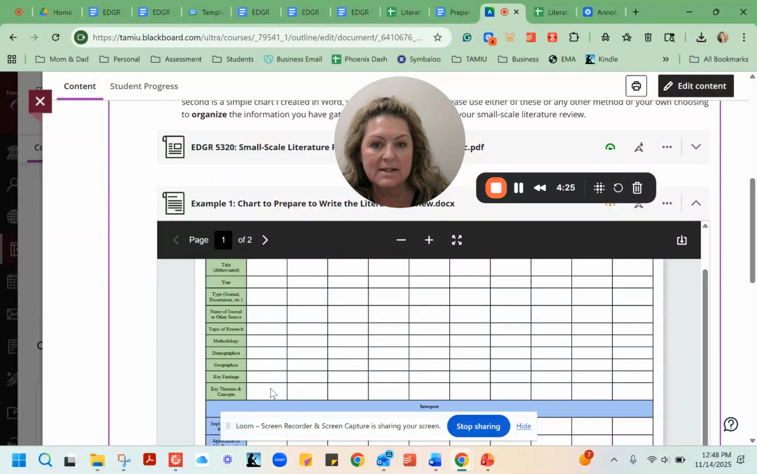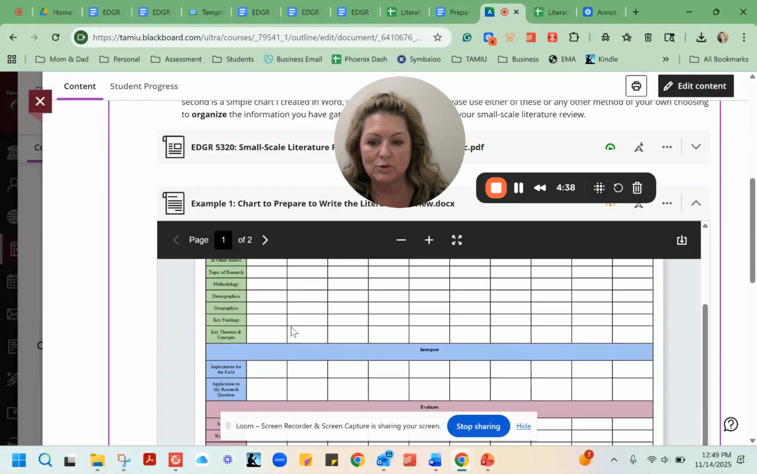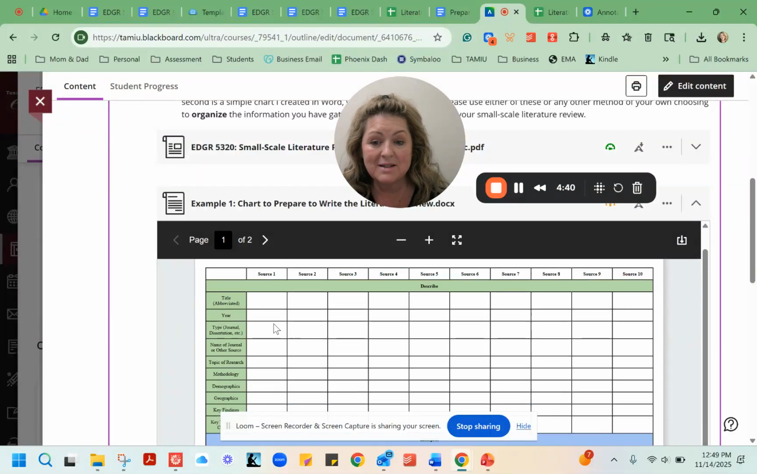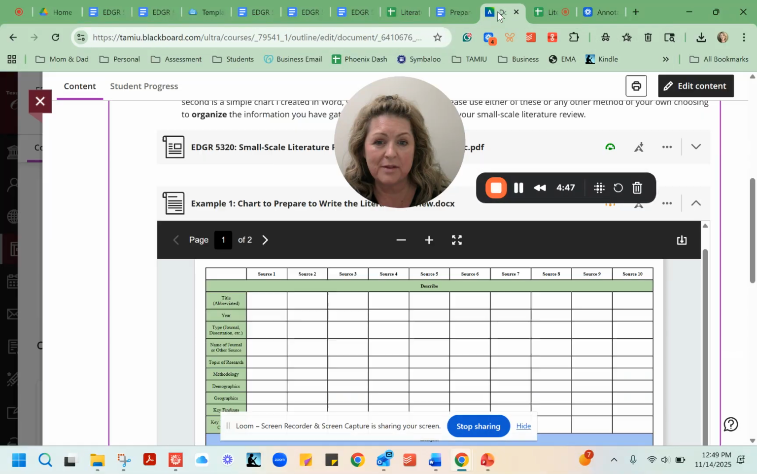Key findings, key theories or concepts that came up. You may or may not have information to put in each of these boxes, and you might want to be typing in like 6-point font so it doesn't get completely out of control. But once you do this, you will start to see some patterns. Same thing with